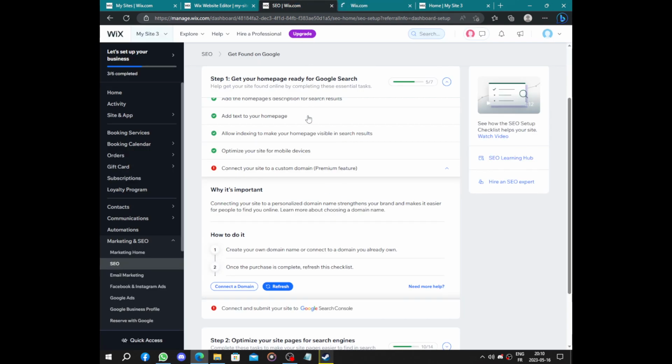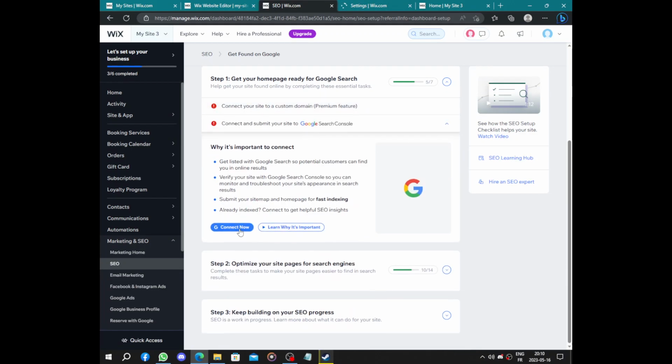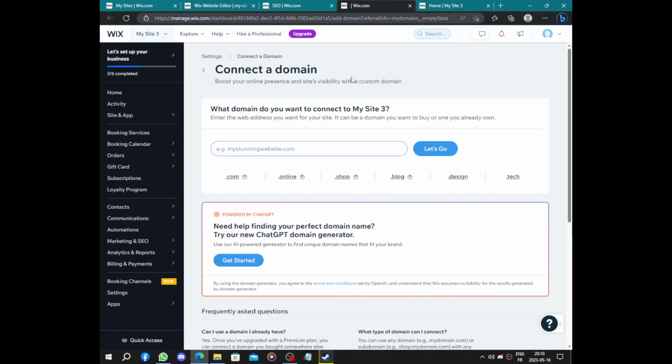Oh, I think I clicked. Yes, I clicked on the premium. So to connect, you should get the premium, the custom domain. And here is the page of domains. And let's say master Madara, but let's just do it without space and click on